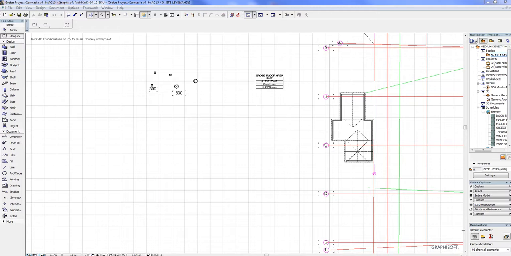Okay, so this is a quick tutorial on how to cut holes in meshes, holes in slabs, and holes in roofs. Effectively, the method by which you cut a hole in either a mesh or a slab or a roof is the same procedure. So what I will do is show you how to cut a hole in the mesh,